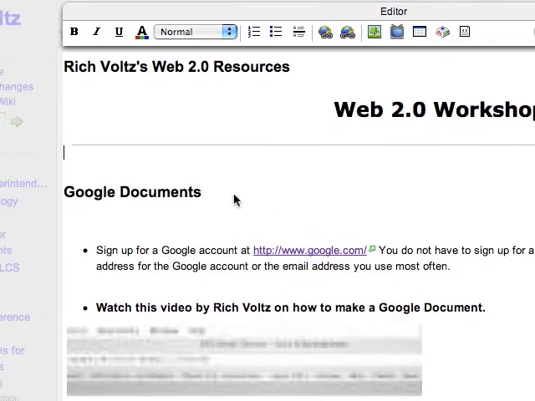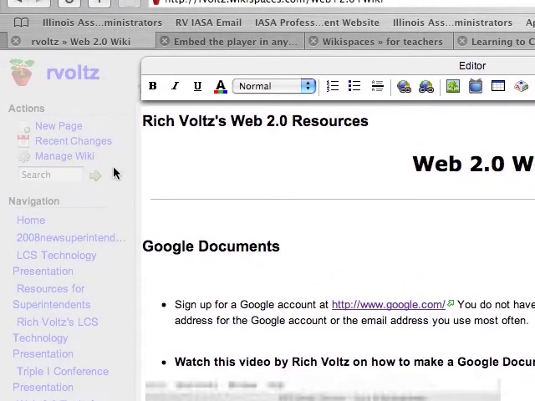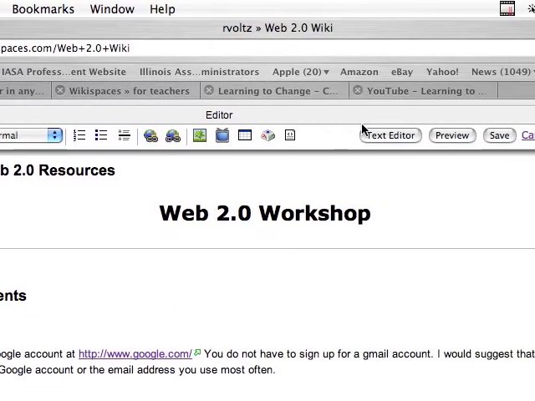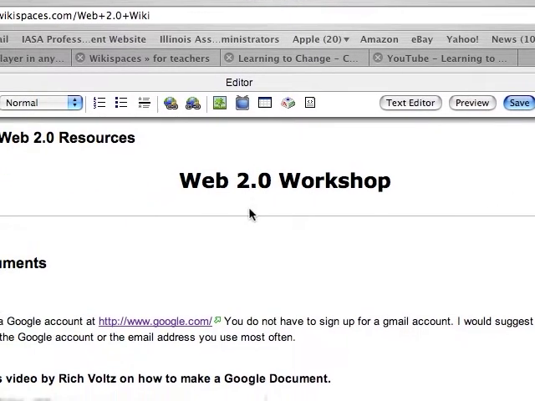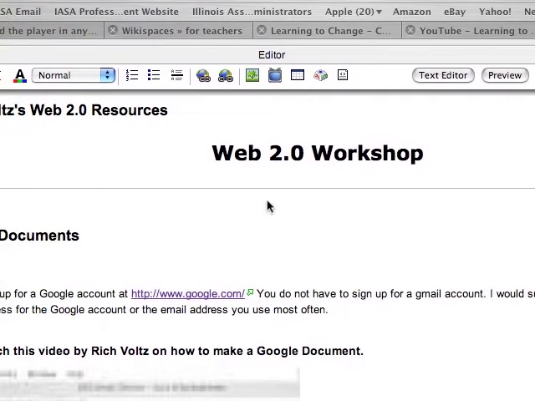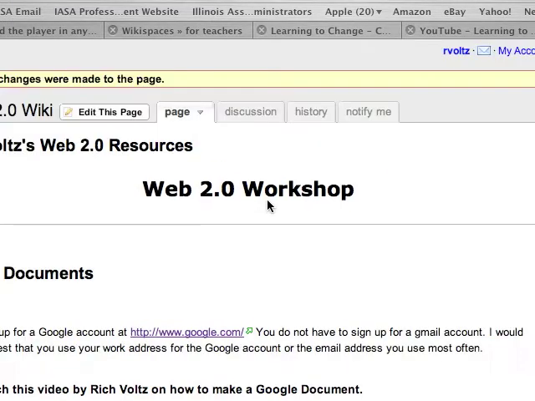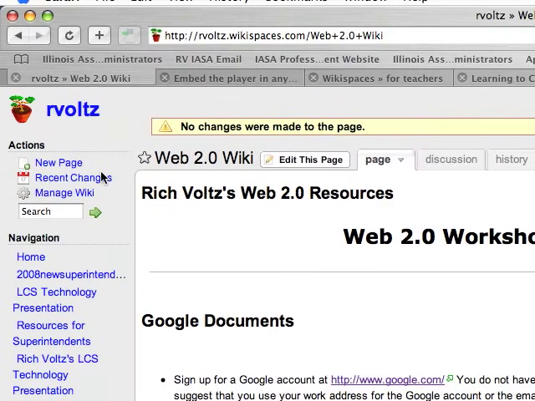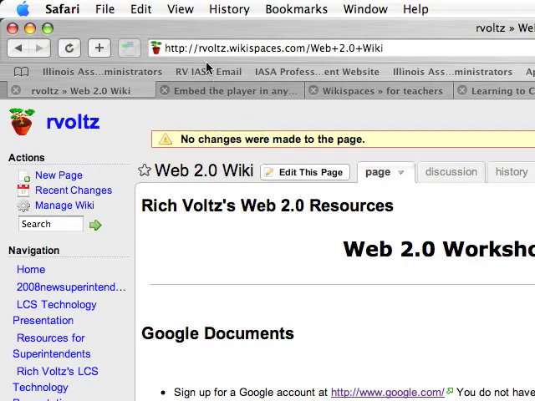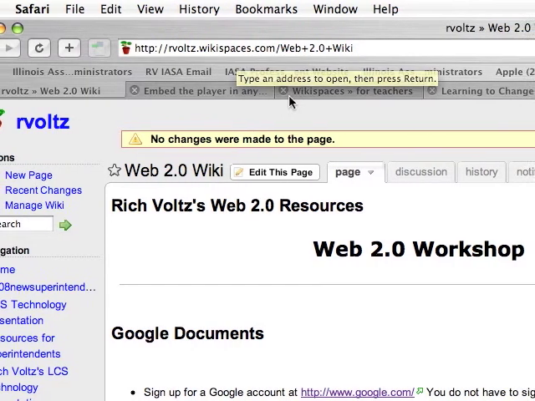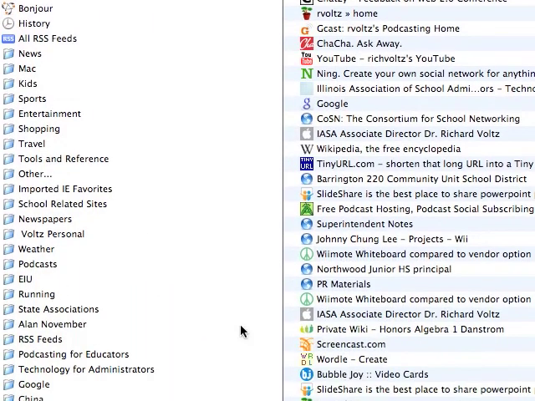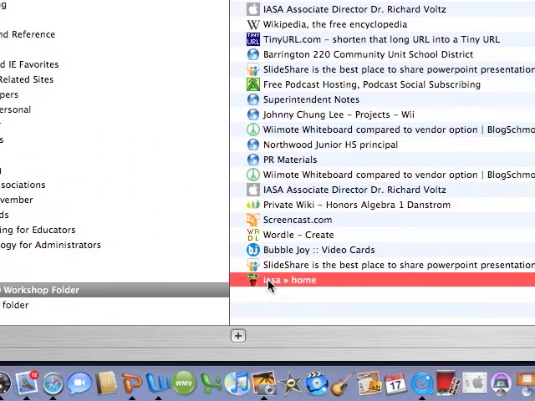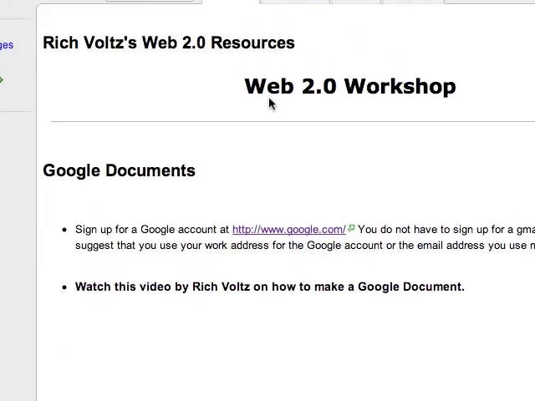This wiki is under my name, rvolts, and this is a wiki that I have made and saved for you to be able to follow some of the tutorial things. So you can see that it's my name, and it would be rvolts.wikispaces.com. I have made another wiki that is called iasa.wikispaces.com